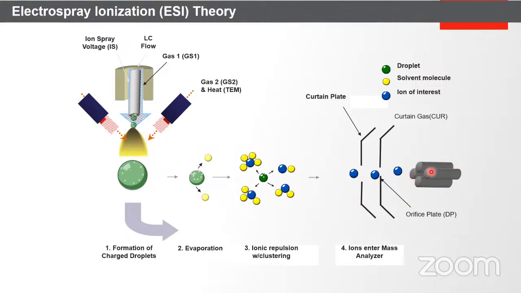This is called the quadrupole region, where you can select a particular ion, or you can scan a particular range basically. These mass spectrometers are designed in such a way that either you can have a particular ion selected so that only it will enter, or you can define a particular range. Say I'm looking for a mass range of 200 to 400, 300 to 500, whatever mass range you are looking for. Or you can ask through software that you are looking for a particular analyte which has 257 m/z, nothing else. So it will only select a particular analyte of that mass basically.